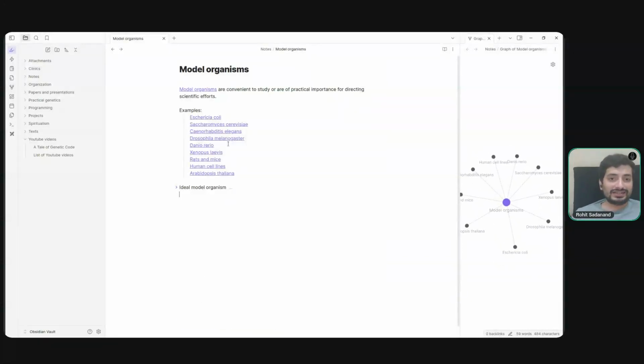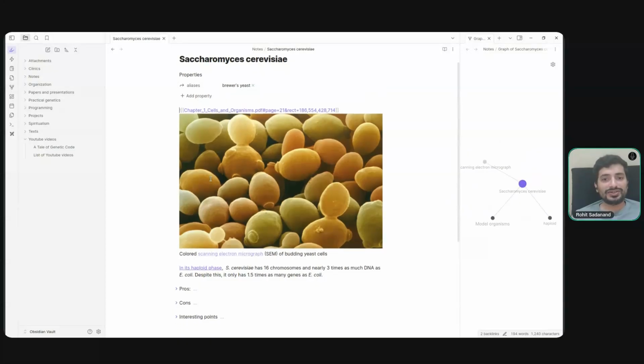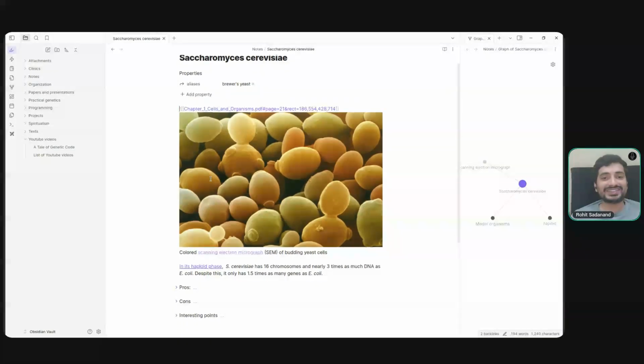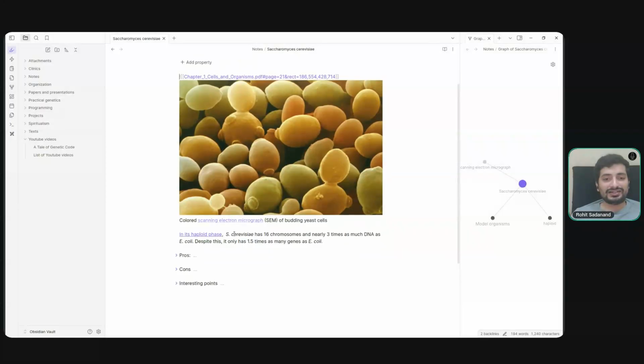Moving on to the next organism. So we'll go to Saccharomyces cerevisiae, which is the brewer's yeast. So already you can see some color here, even though this is a false color scanning electron micrograph. Interesting thing about this is that in its haploid phase, we have only 16 chromosomes and a DNA that is